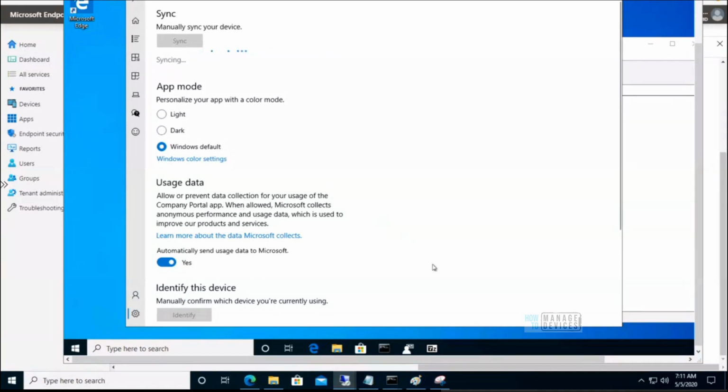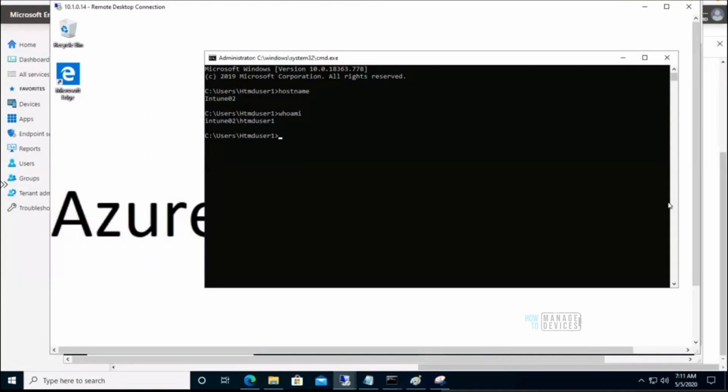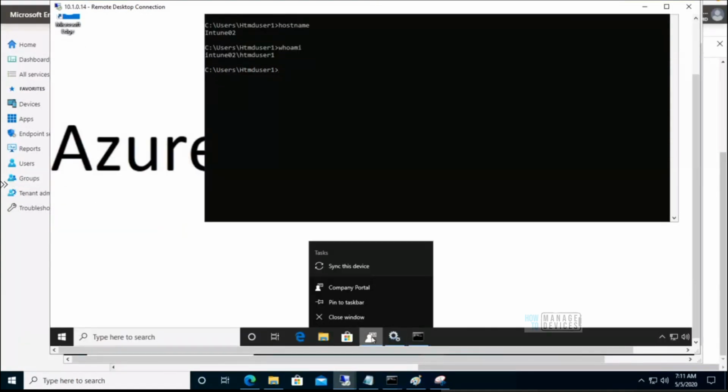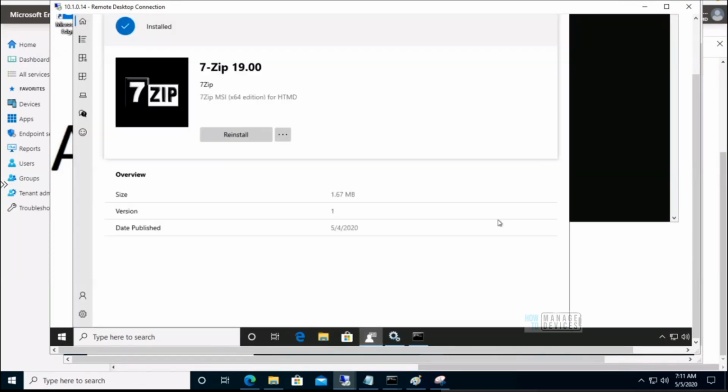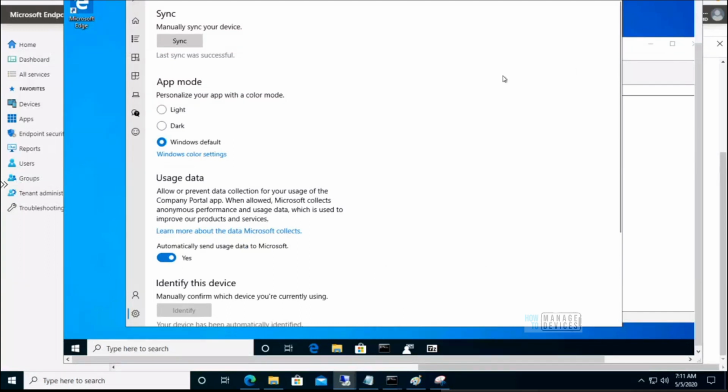It's still syncing. Let me go to one of the other devices and initiate a sync over there also. Right click and sync this device. Okay, it started syncing. So the sync is completed. This was the first device, the Azure AD join device.